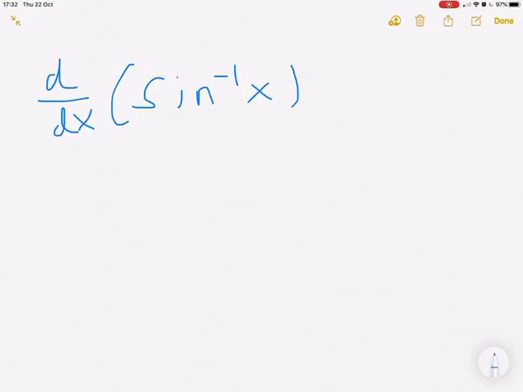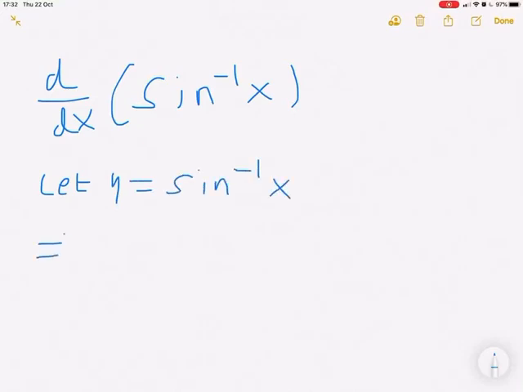Hi there. So in today's tutorial, I'm going to be teaching you how to differentiate the inverse of sine x. So, d/dx of sine minus 1 of x. Now, the first thing we want to think about is, okay, how can I work with this? What can I do? And the first thing that I would do is let y equal sine minus 1 of